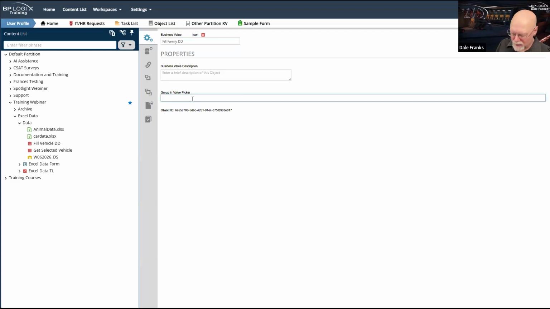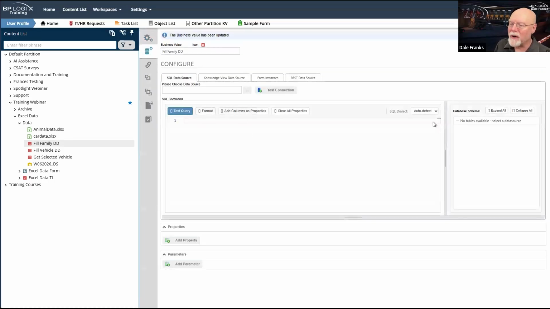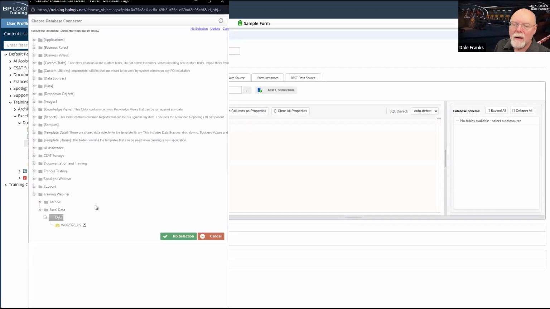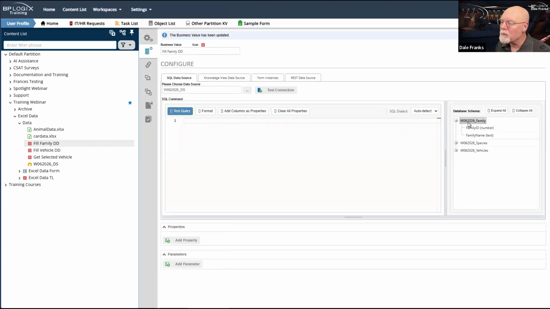And once again, 06/2026, update. And we'll go into our configuration. We'll use our 06/2026 data source, and we can begin building our SQL query, which is going to be pretty easy. We are going to just pull the family.